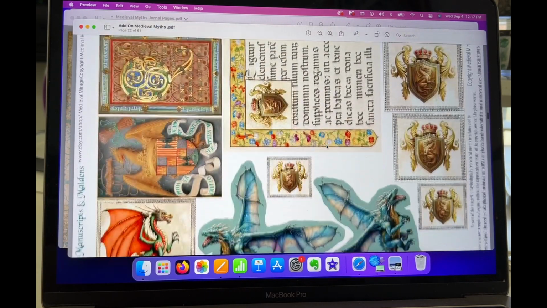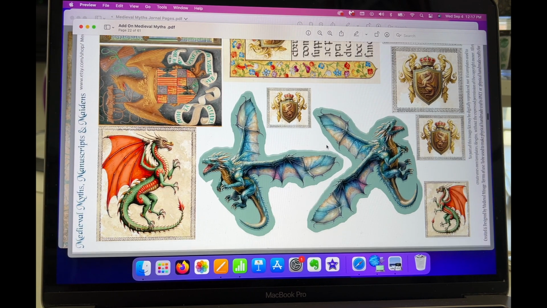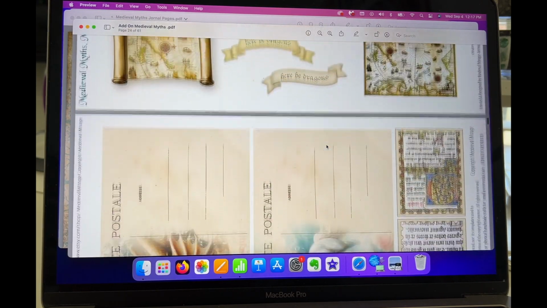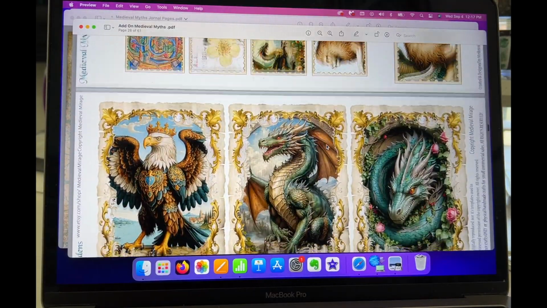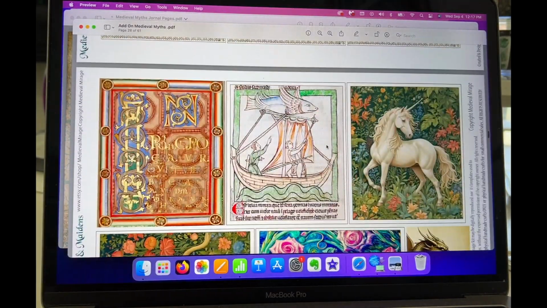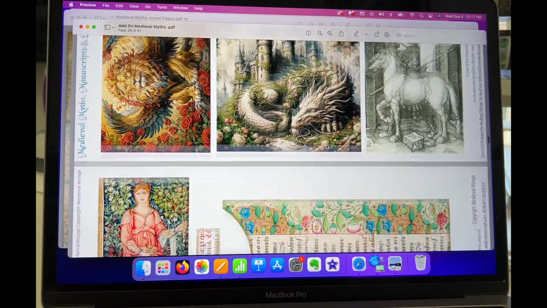heavier weight paper. So anyway, I hope this helped you guys. I hope it wasn't too confusing. If you have any questions, leave them down in the description box for me, and I will try to answer them. If I have to, I would do another video to explain it, but I am so excited about this